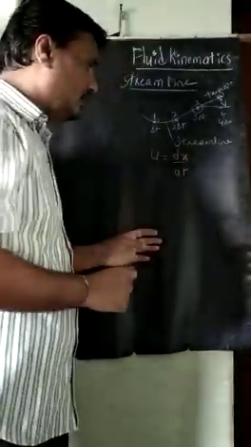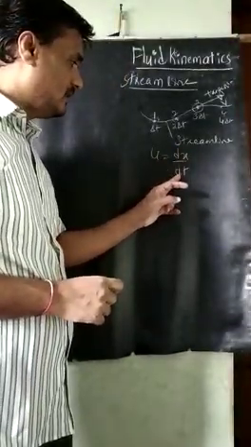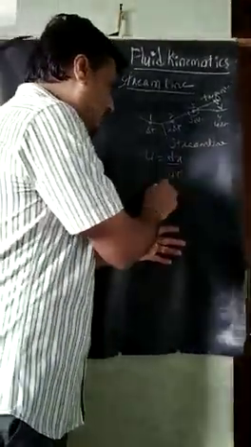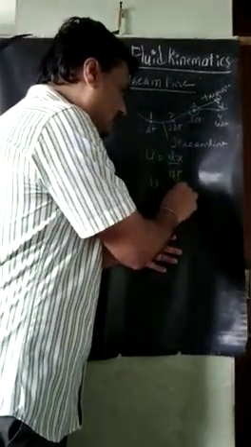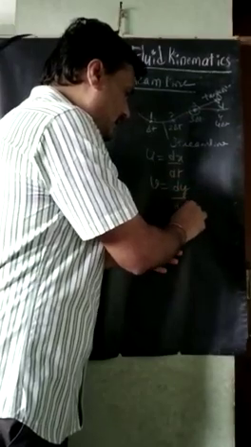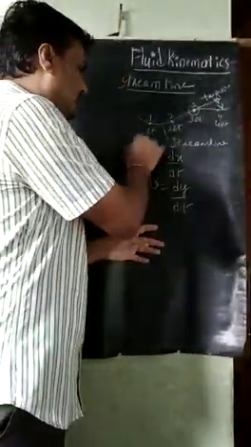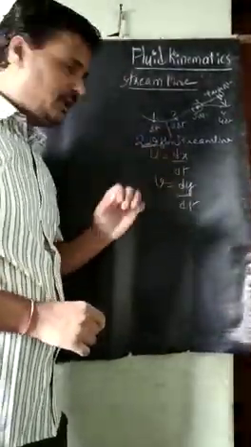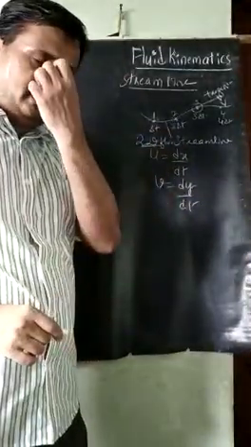The distance moved along the x direction is dx. To move that distance, the time taken is dt. Also we know that v is equal to dy divided by dt. For the 2D flow, if we assume this is a 2D flow, u is dx by dt, and v is dy by dt.